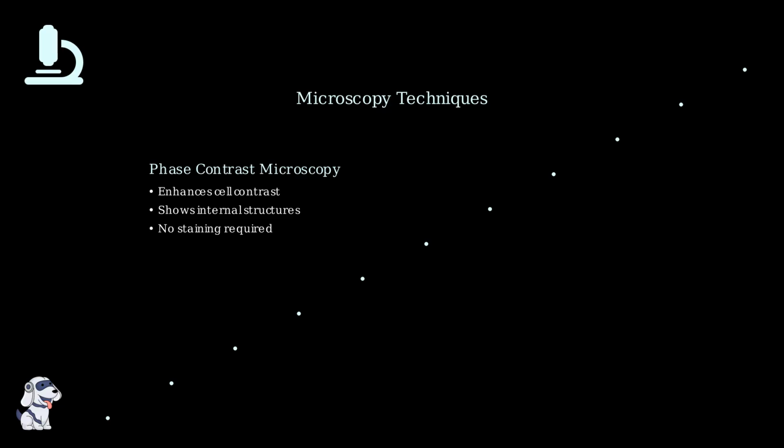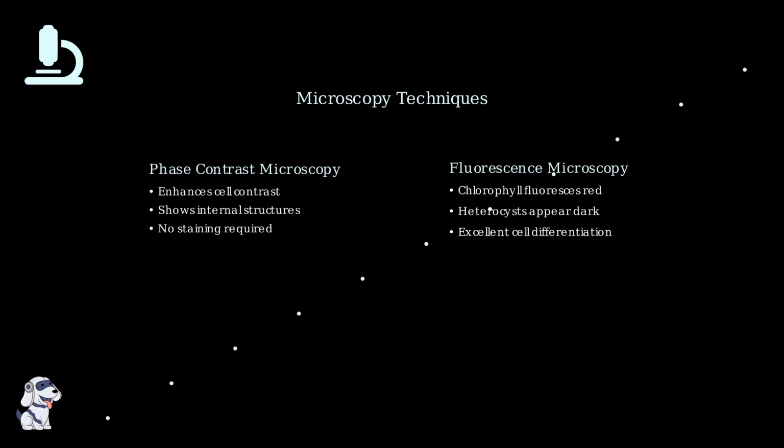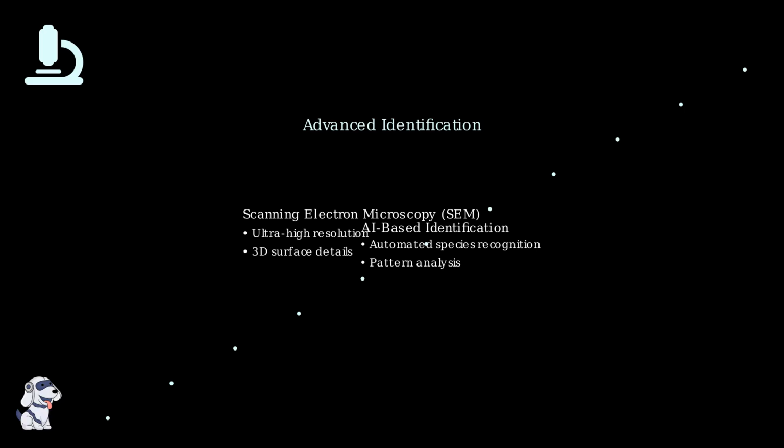Phase contrast microscopy enhances the contrast between cells and their surroundings, making structures more visible. Fluorescence microscopy can reveal even more detail. Chlorophyll in the vegetative cells fluoresces red under blue light, while heterocysts appear dark because they lack chlorophyll. Modern laboratories also use scanning electron microscopy for ultra-high-resolution images and artificial intelligence to help automatically identify different species of